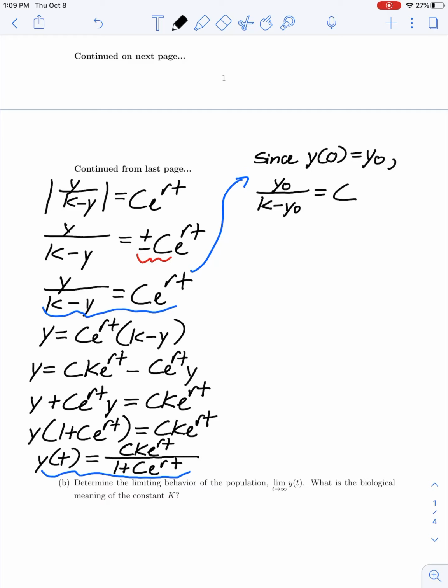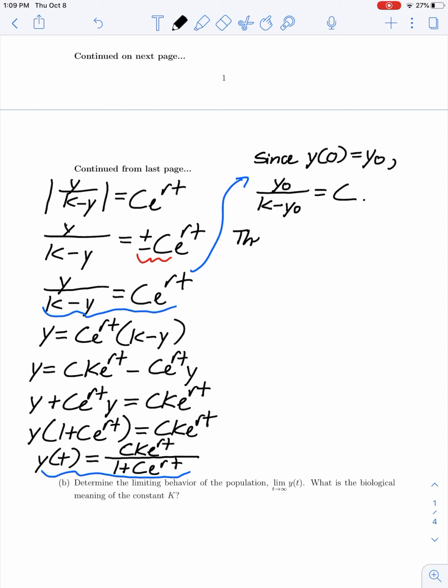So using that earlier line of my work, I immediately am able to find c, which is y naught over k minus y naught. And now taking this expression for c and substituting into the solution that we just found,